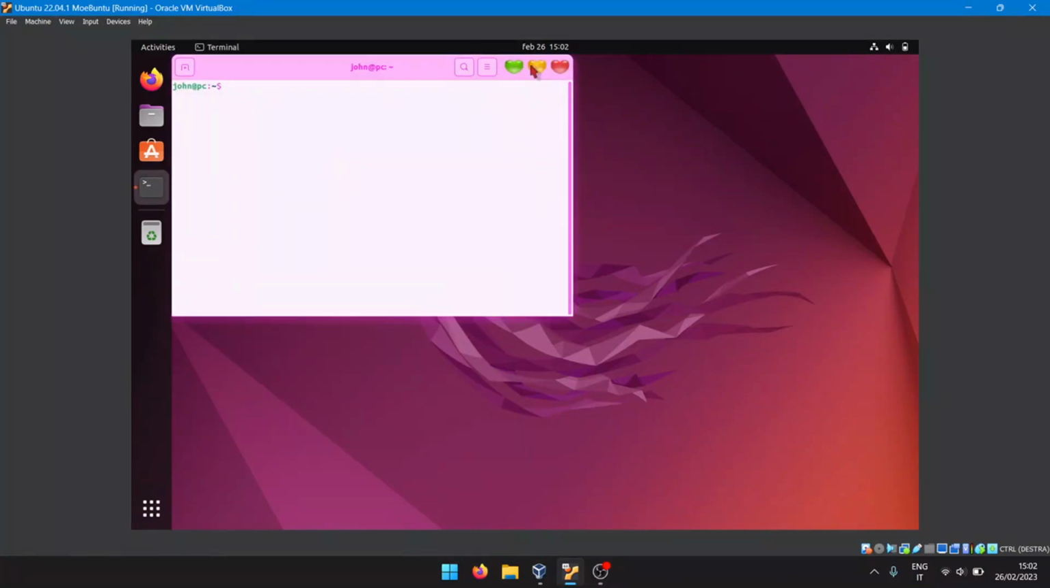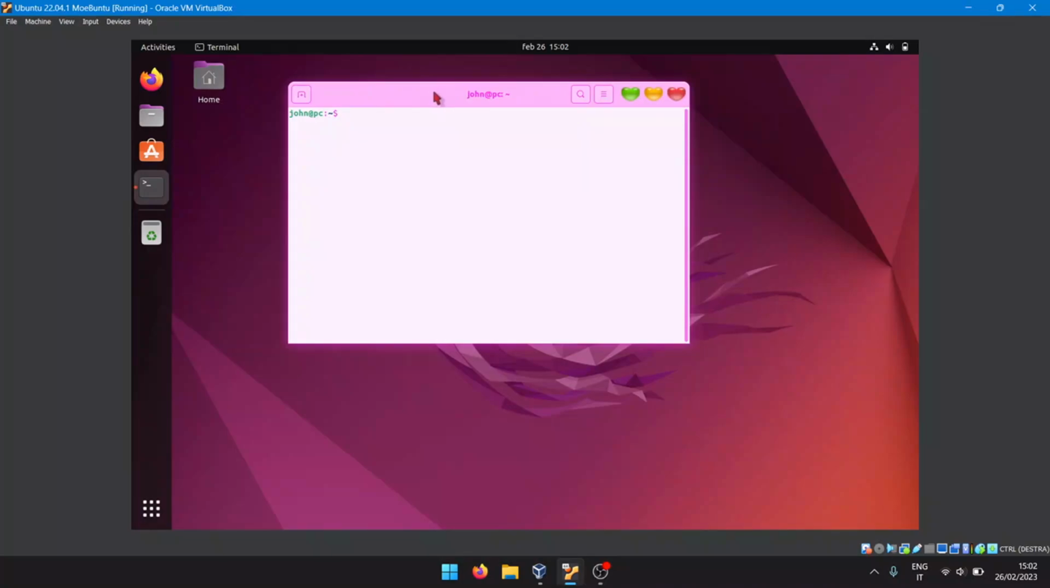We can see the theme has been successfully applied, and this was how to install Ubuntu on